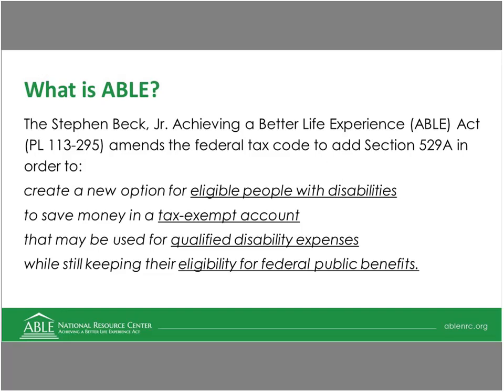So that's where ABLE comes in. It allows people with disabilities to enroll in an ABLE program and to save significant amounts of money, well over $2,000, while at the same time not having to give up their supports and services provided through these different public benefits that do help them live independently, but at the same time have fairly severe asset limits in addition to other limitations. So that's what makes ABLE so incredibly special, and that's why we're so excited, and that's why we put so much time and effort into getting information and education out there to people with disabilities about this really exciting, relatively new financial tool.